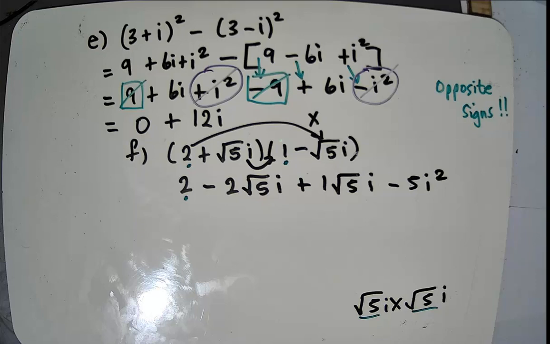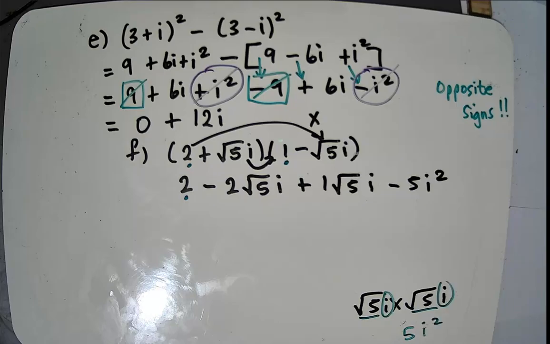So do note that root 5 times root 5 is just a positive 5 without the root sign, and I times I is I squared. Does that make sense? So we'll go to the next step. So we have 2 minus 2 root 5i, so minus 2 root 5i plus 1 root 5i, so minus 2 plus 1 is minus 1, so you will have minus root 5i